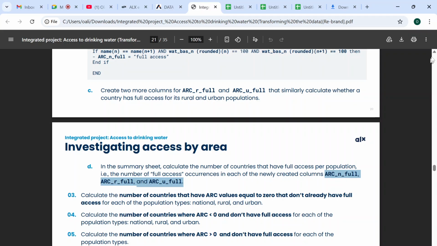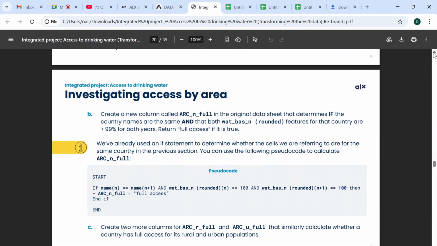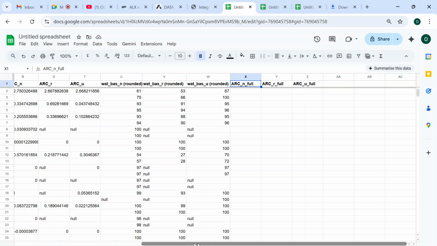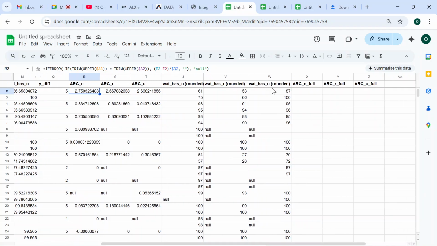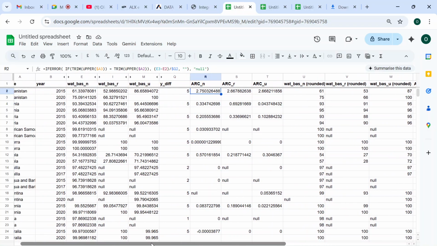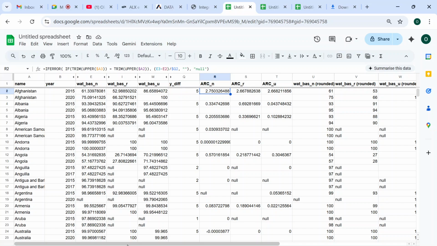The reason we're using AND is because if you come here, you can see they even highlighted the AND, right? It's no longer a situation of, because previously what we were doing, for example, was checking if this one equals this one and then calculating. But now it's not just that. What this ARN full is doing is that it would first